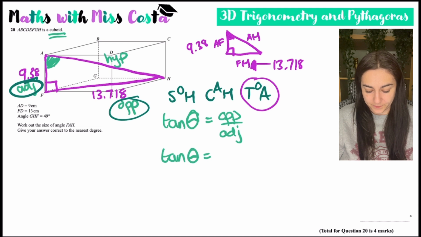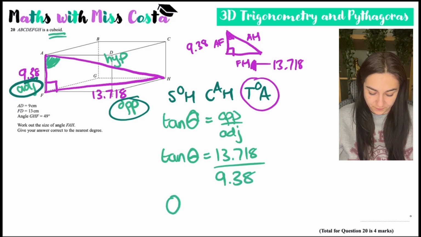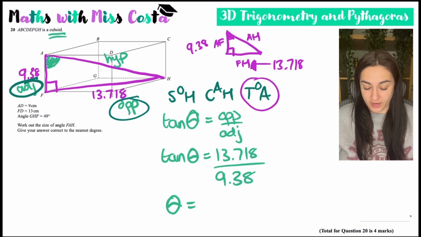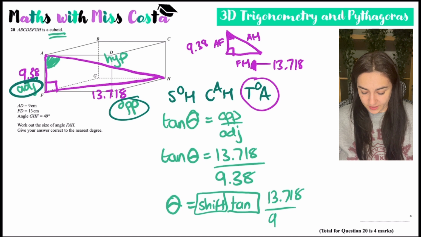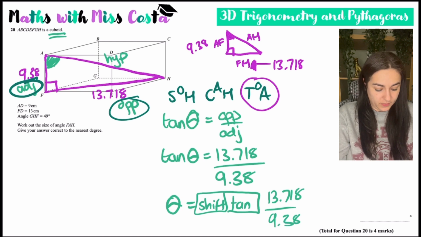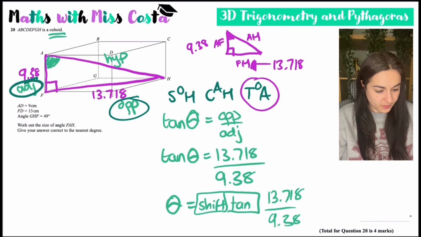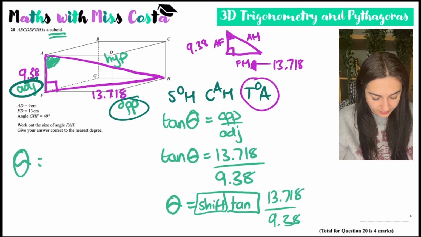Substitute in your values. Opposite is 13.718 over 9.38. And how do you figure out theta? You're going to have to divide by tan. So that's where you press shift tan so that you're doing the inverse of tan and then your fraction. So 13.718 over 9.38. So shift tan and then you've got a fraction 13.718 over 9.38. Close the brackets, gives you an angle of